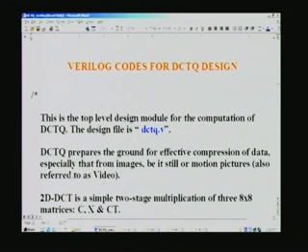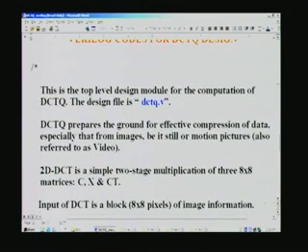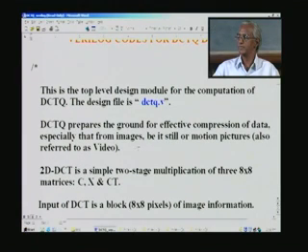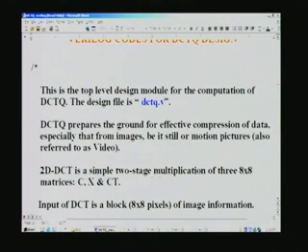I will read this out to start with. This is the top level design module for the computation of DCTQ. The design file is dctq.v, and DCTQ prepares the ground for effective compression of data, especially that from images, whether still or motion pictures. Motion pictures are also referred to as video sequence, and 2D DCT is a simple 2-stage multiplication of 3 8 by 8 matrices C, X and C transpose, which you have already seen earlier.